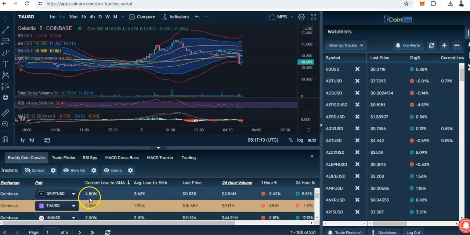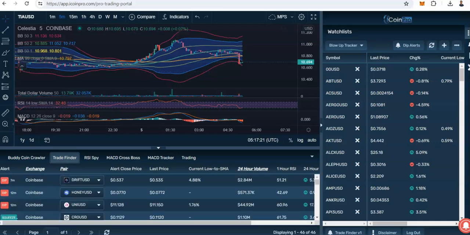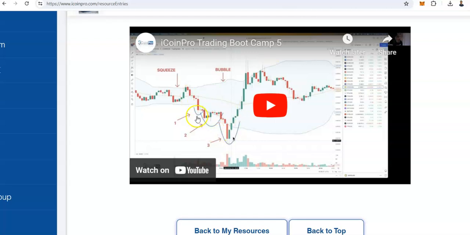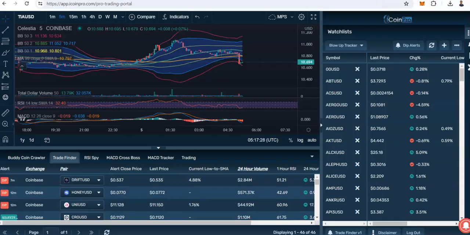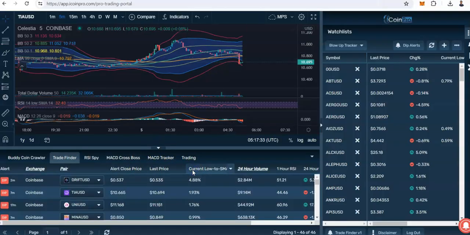Okay, that's how you find the best trades, because this finds the trades that have dropped the most compared to the average drops. Now we go to Trade Finder. Trade Finder is going to find trades that look like this more, trades that are dipping out of the Bollinger Bands. So now we're going to again organize by current to low SMA,